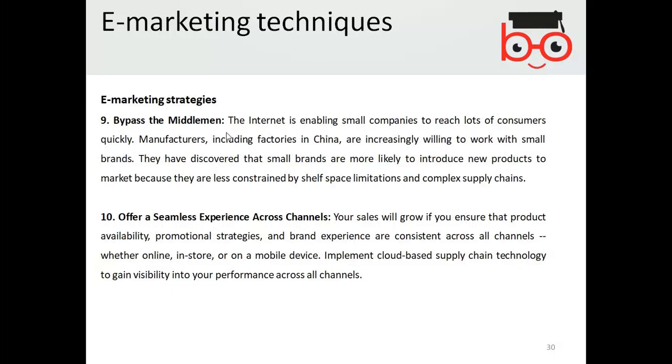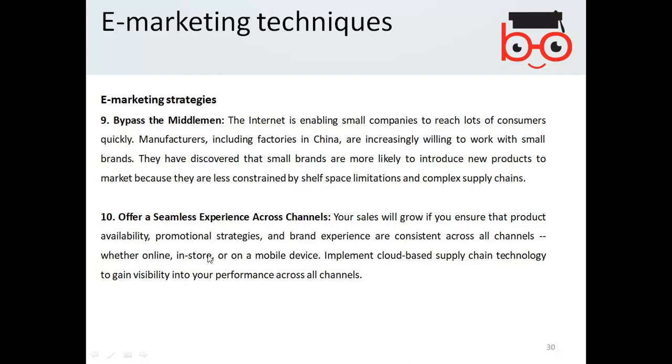Offer a seamless experience across channels. Your sales will grow if you ensure that product availability, promotion strategies, and brand experience are consistent across all channels, whether online, in store, or on a mobile device. Implement cloud-based supply chain technology to gain visibility into your performance across all channels.